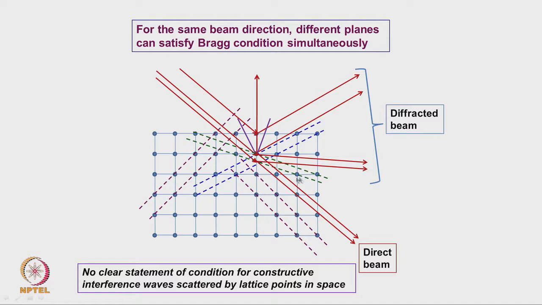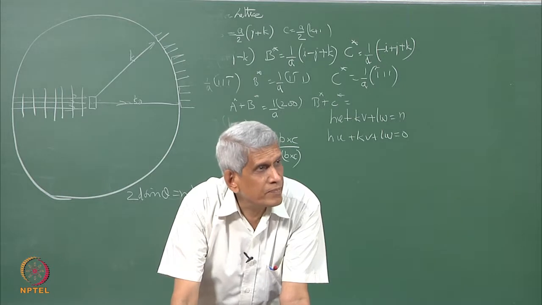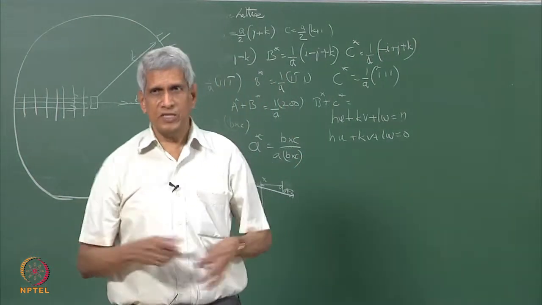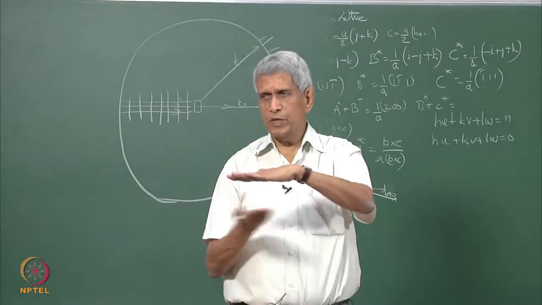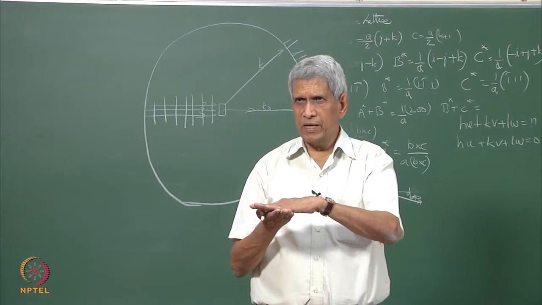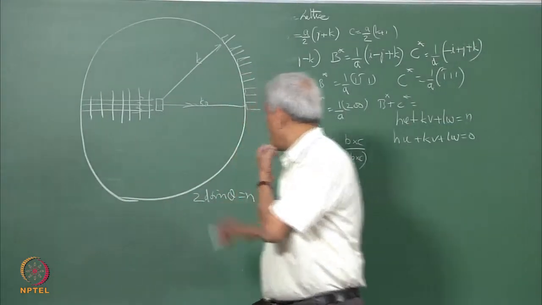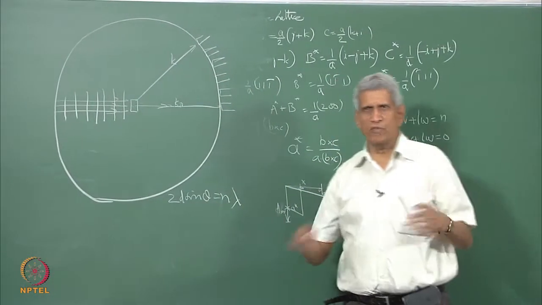What is the major problem about this Bragg law? The law is very fine, but this equation does not say anything about the discreteness of the atomic lattice. It is telling that if the spacing between these two planes is a particular value, this is the angle theta at which the diffraction will take place.